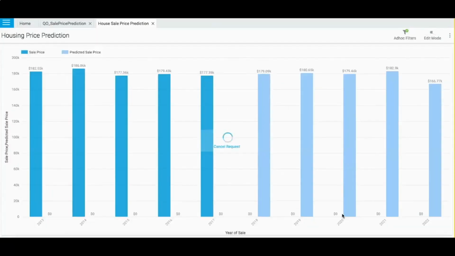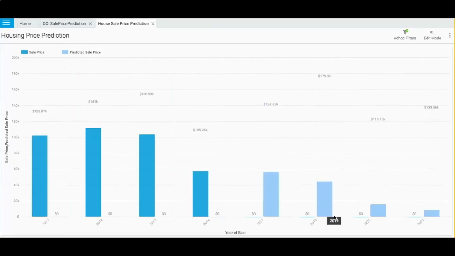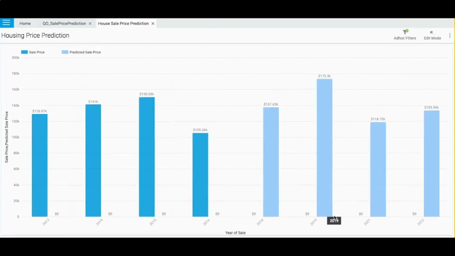So right now in this stage, the model is not being trained. We have an already trained model right now, and that is being applied for a subset of data, a particular type of data. So this visualization has been created again. So what we see is in the past also, there has been a very good fluctuation in the pricing, and then in the future also that fluctuation is predicted. And what we see here is it's peaking out its price in 2019, and then it's dipping in 2021 and so on.